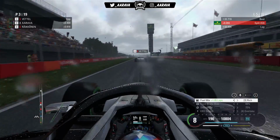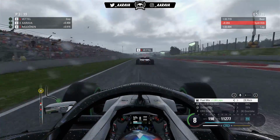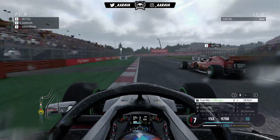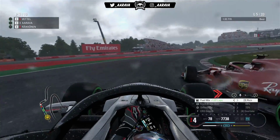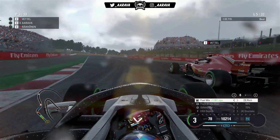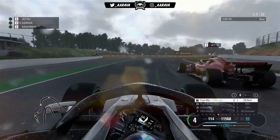But now here we go, we could make it even one better on Sebastian Vettel. We close up with Rich Mix, ERS going on overtake mode. Here we go to the left hand side. Vettel defends the inside line there. He's doing a really good job, but mid-apex we find the grip around the outside, but he's going to pinch us to the left then, and again in the same corner as lap 1 we get oh so close to making contact